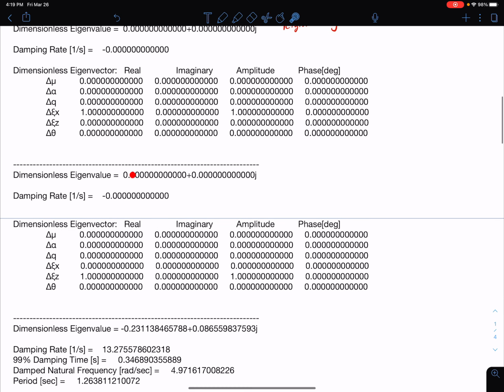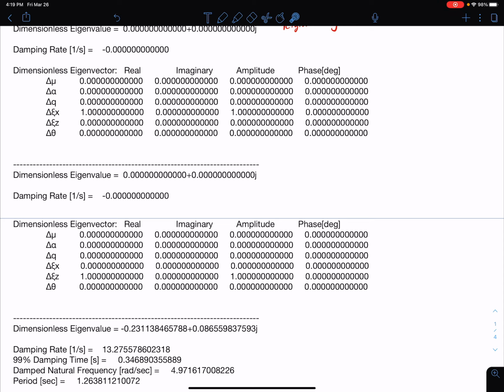Okay, and so then the second one, my next dimensionless eigenvalue I got was 0 again. That was paired with the first one. But this one came out with a 1 with my z location. Now, z location may not be quite as intuitive, but again, within the approximations that we've made here, the dynamics don't depend on the altitude of the aircraft. Remember, z tells me the altitude of the aircraft.